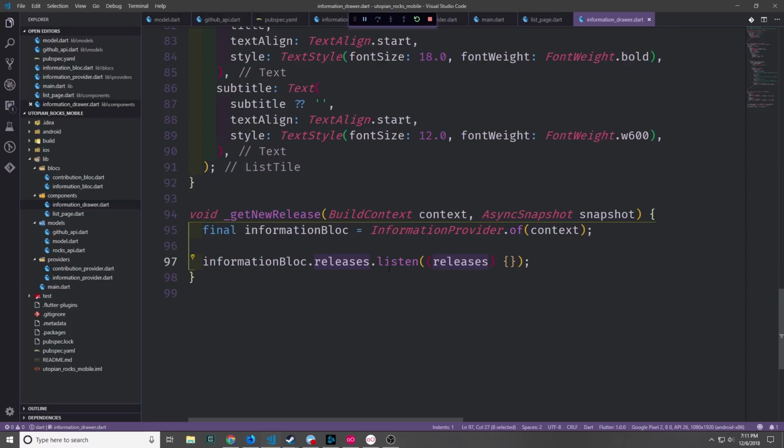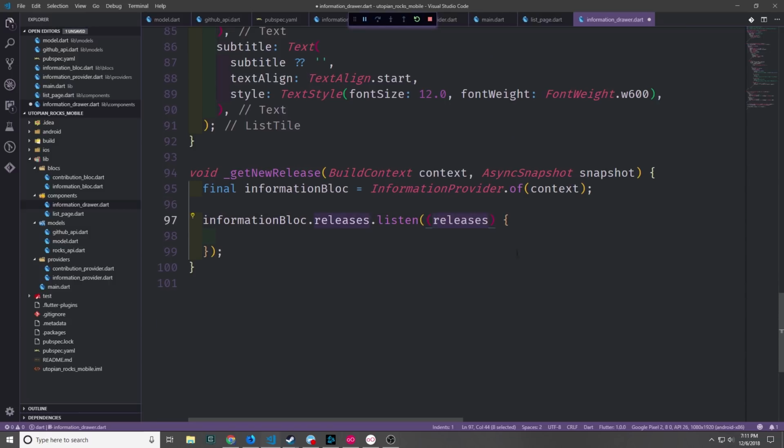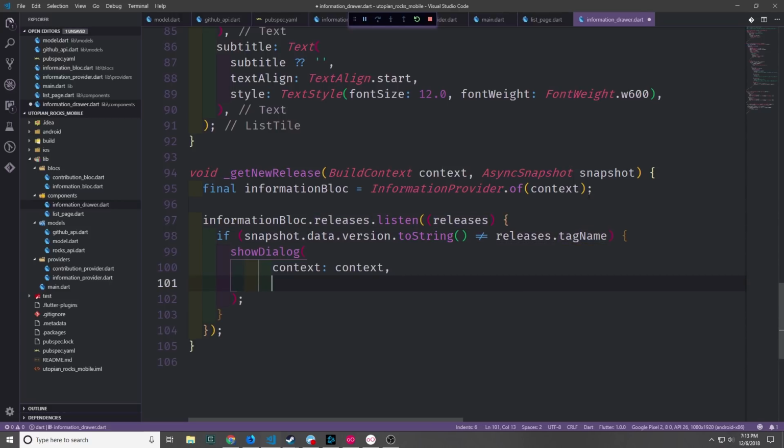And rather than use a stream builder, we just want to use a normal listener to listen on this stream, and that will allow us to create a callback function for this particular function. So for each of the releases events inside of our releases stream, we want to be able to run a certain set of checks to be able to see if we have a higher release than what we currently have. First, let's check to see if the snapshot's data version converted to a string is not equal to the releases tag name. If these two aren't equal, then that means that we have a new version of the application,